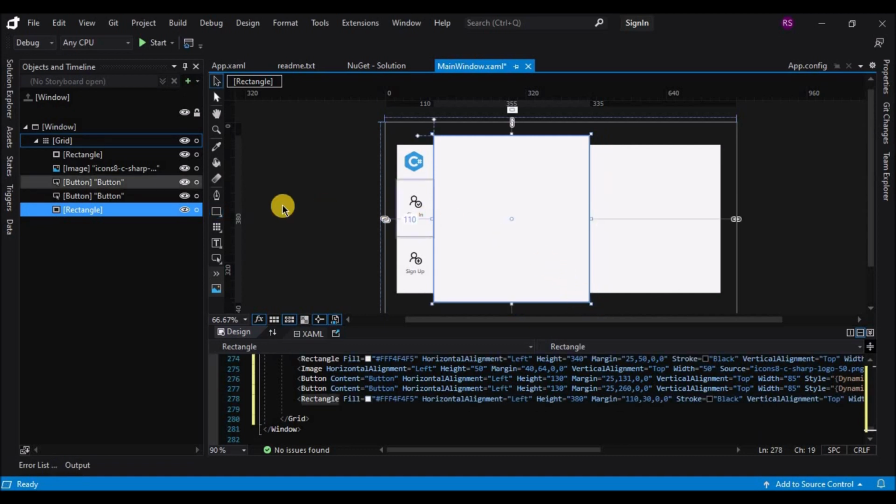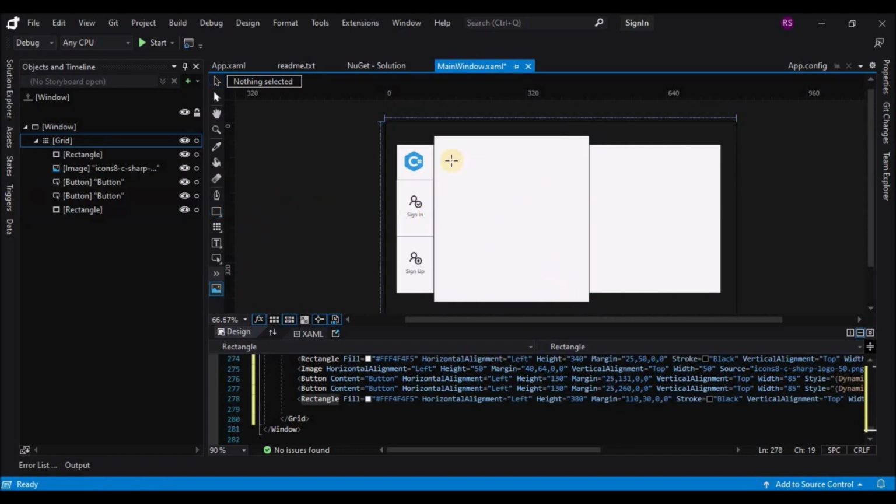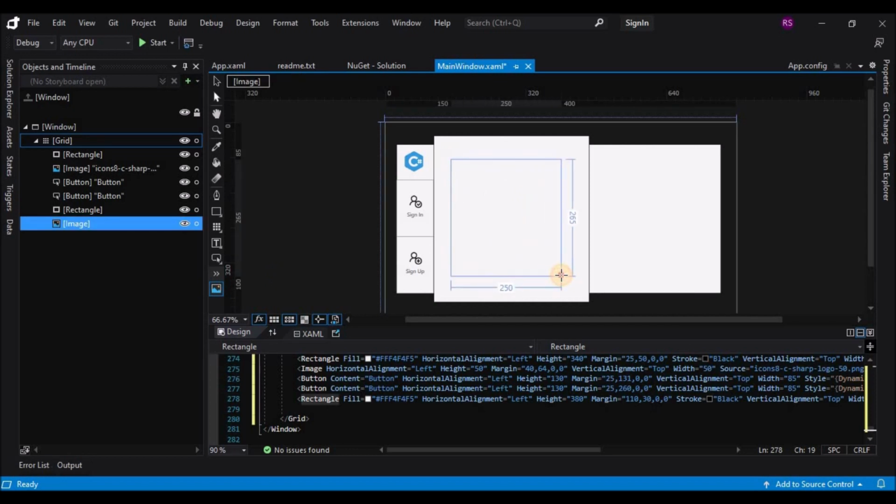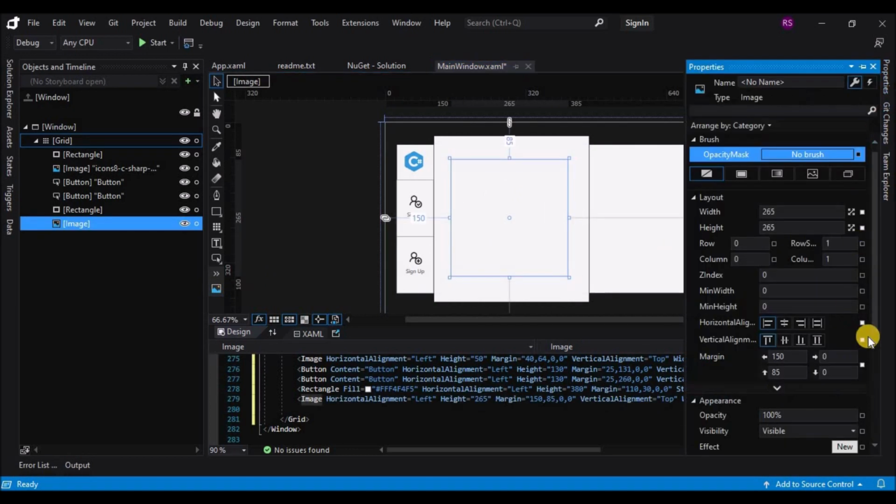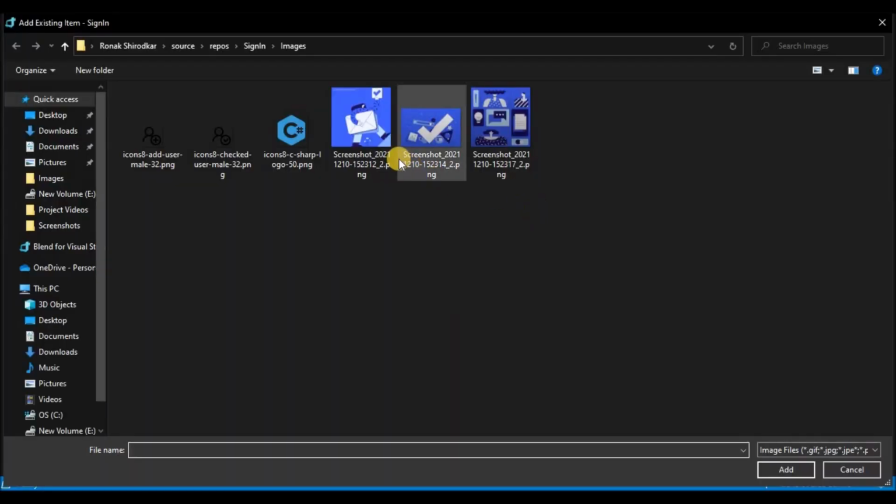Okay, now let's add an image box inside the rectangle and go to properties and change the source to the first image that we have.